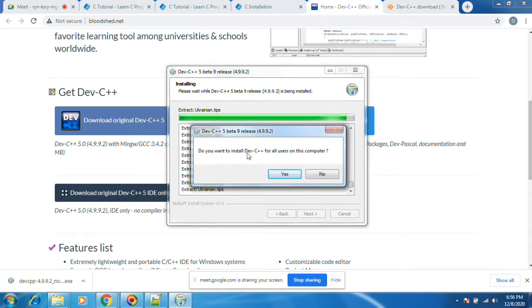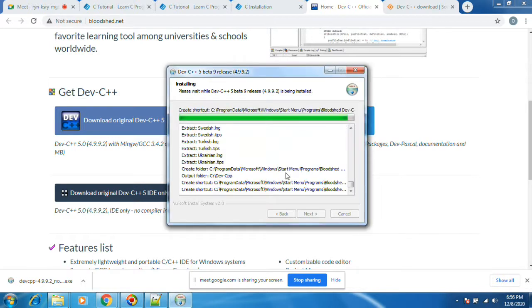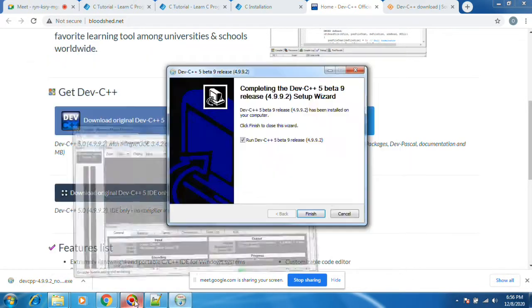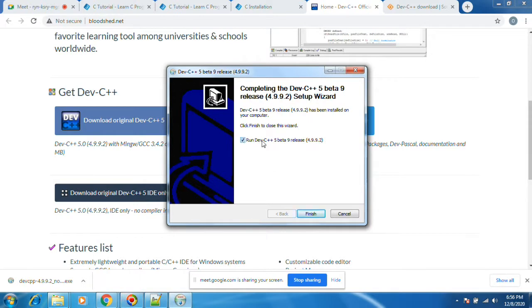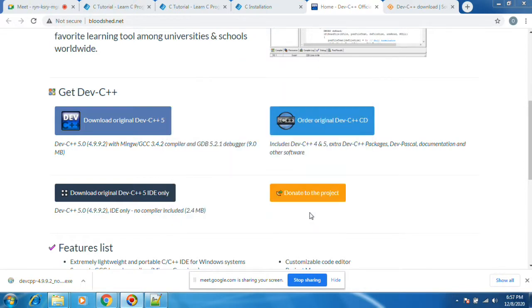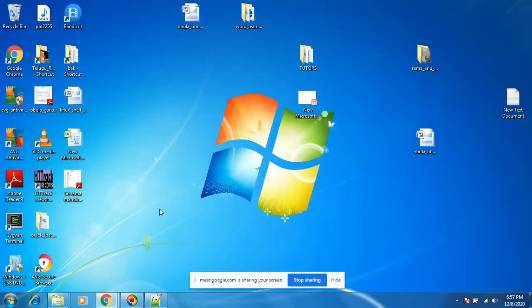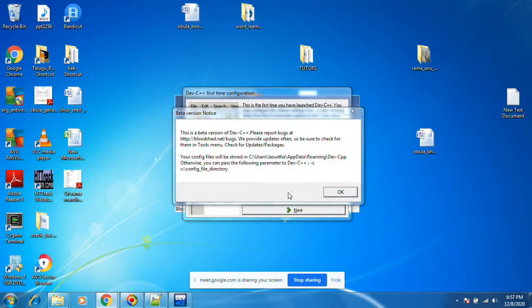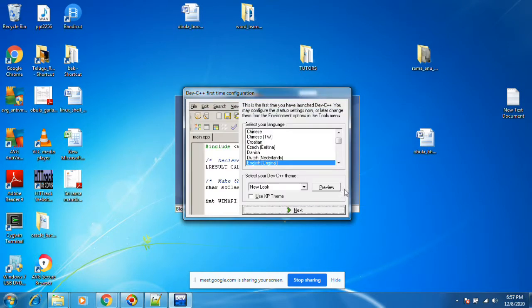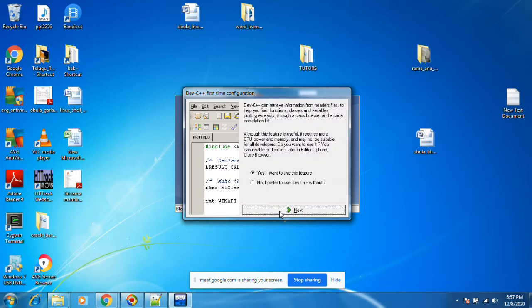Do you want to install Dev-C++ for all users on this computer? Press yes. Yes, run Dev-C++. It will finish and it will run. This is a beta version. Okay. Click next.